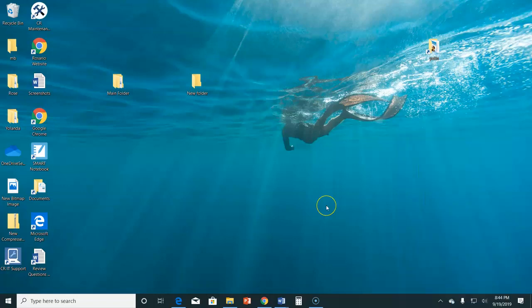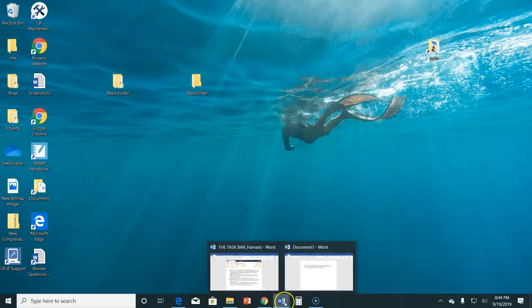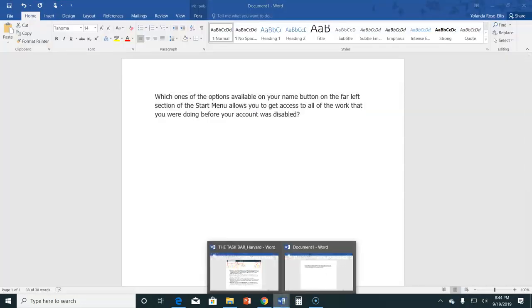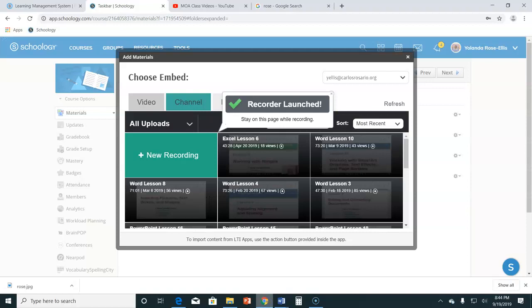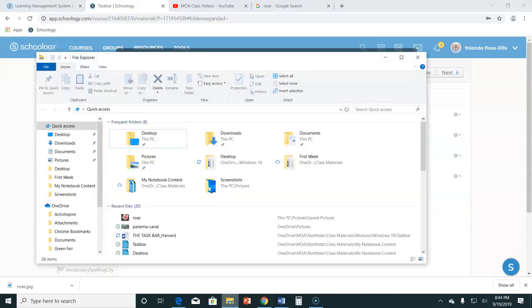So let's maximize some windows. So if you don't have any windows open, go ahead and open Word, open PowerPoint, and open Excel. But you should have Chrome open. Okay, let me maximize this. Okay, now we can right click